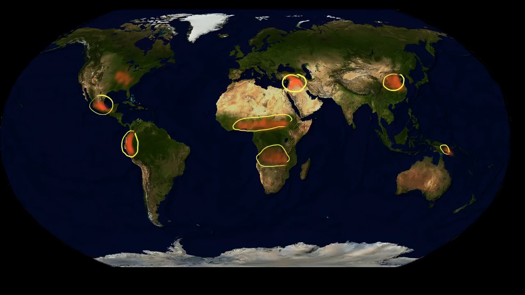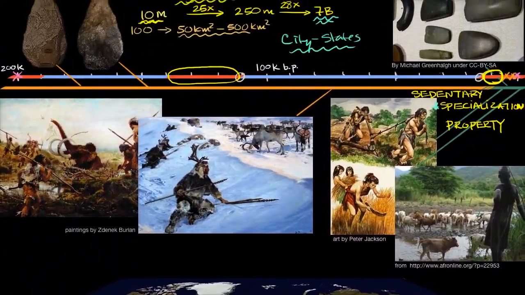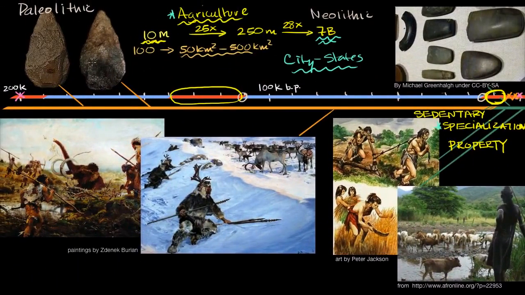So I'll leave you there, but the big takeaway is most of human history, we were not only making rough stones for our weapons and our tools, but we were chasing animals wherever we could find them. We didn't have predictable food sources. We were gathering fruits and grains and insects wherever we could to support our families, and there was a limit on how many humans could be around. But shortly after the end of the Ice Age, it all changed. You had a population explosion, and we think that is due to agriculture.